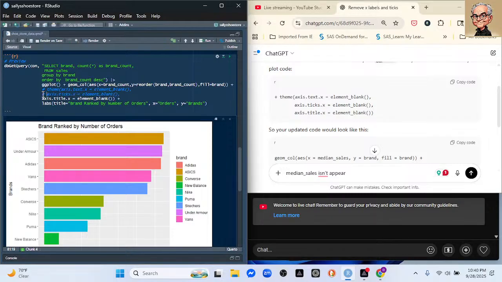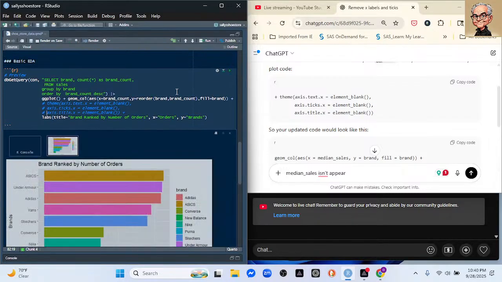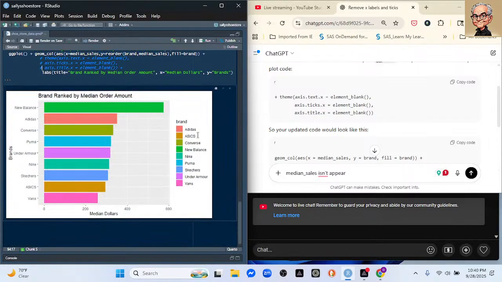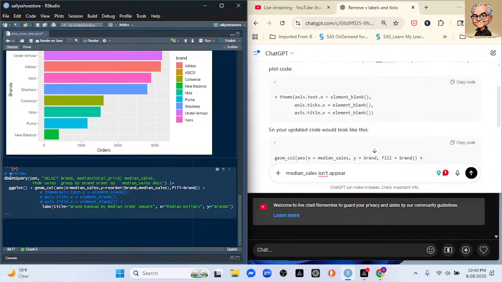I didn't want to take care of the x-axis. So let's leave those there for right now. All I want to do is just change the y-axis. That's all I wanted to do. Okay, so now we got, this is the median dollars. Let's do